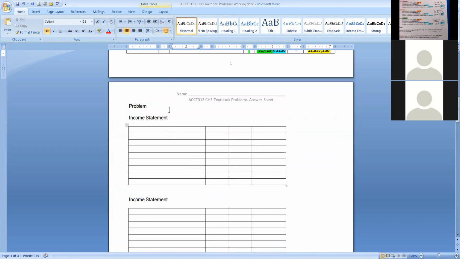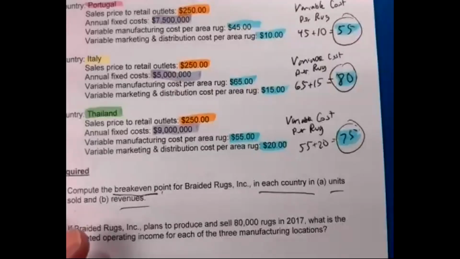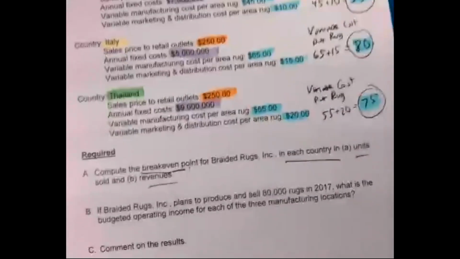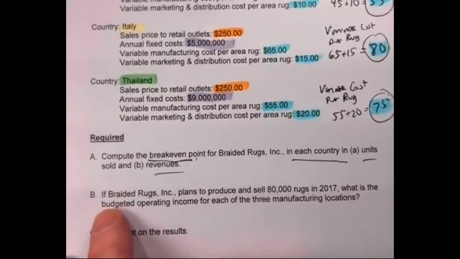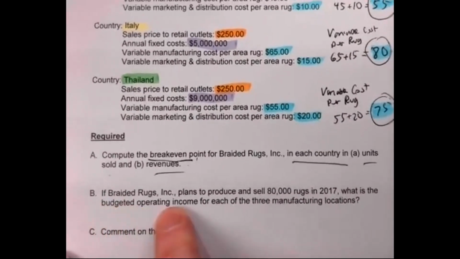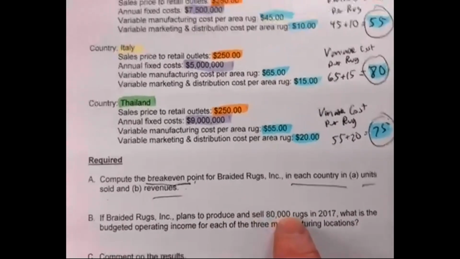Well, let's go down to, this is still going to be problem 331. We're going to part B. Let me stop sharing for a second. Okay. So part B says, if Braided Rugs Inc. plans to produce and sell 80,000 rugs in 2017, what is the budget operating income for each of the 3 manufacturing locations? Okay, so if they sell 80,000 rugs,